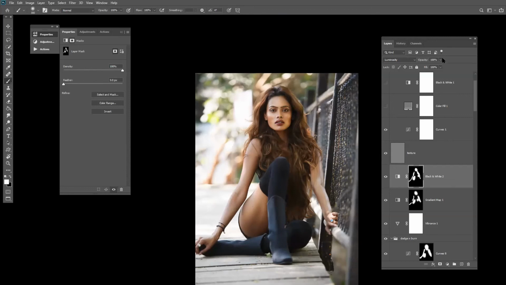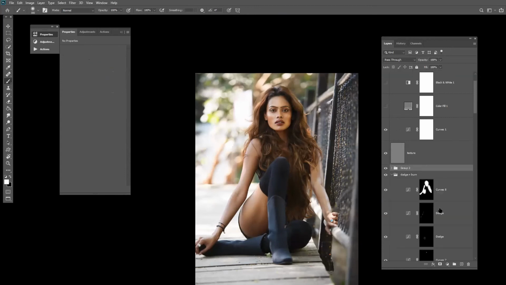You can reduce the flow or opacity a little. Now let's enhance, now we'll keep it as color. You can switch off, change the color as well as whatever you desire.